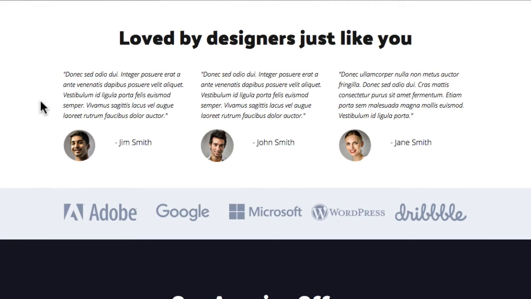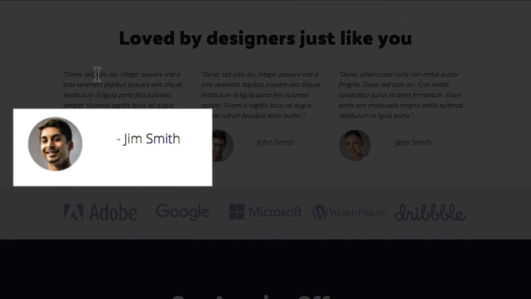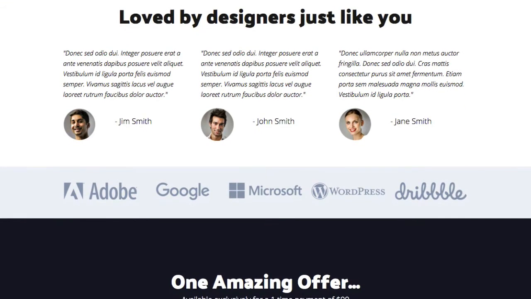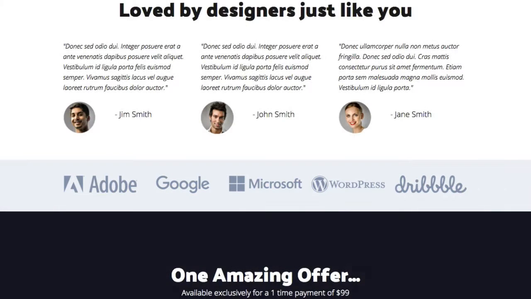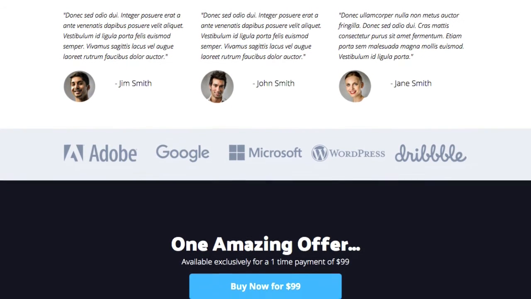This is the testimonial section. These are actually done using images with the text on the side. So there is a text block here, and then there's an image, text on the side. We've created 3 of them, which you can use for your testimonials. Again, you've got the headline there, that same font styling. And then below that, we've got some brand recognition with the logos from these recognized companies, sort of social proof followed by brand recognition. So these are all good things to have on your sales page,